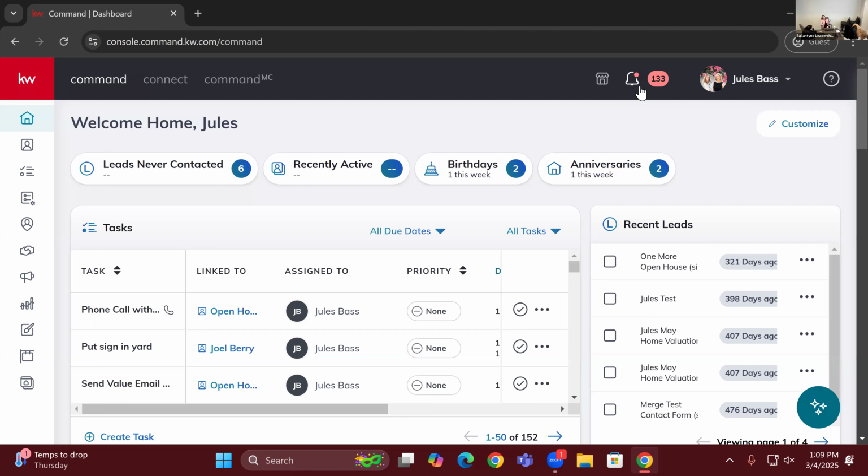And that's an extra step that they probably won't do, so they'll probably find another agent if they do it that way. If you do it this way, through the command app, if you click on your name at the very top, there's an option to share my KW app link. It's very important that we share it this way. When you click on it, it gives you the option to share. It's up here, and then share my KW app link. It will give you the option to email or text message, which will be most prominent since it's an app.